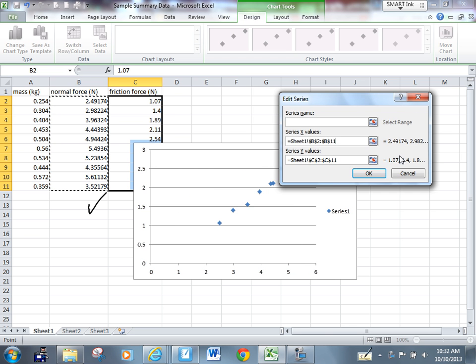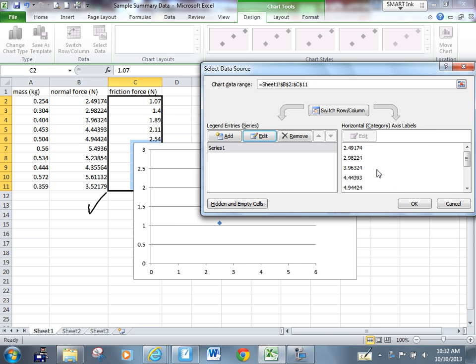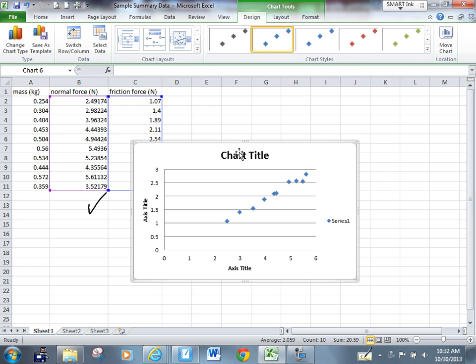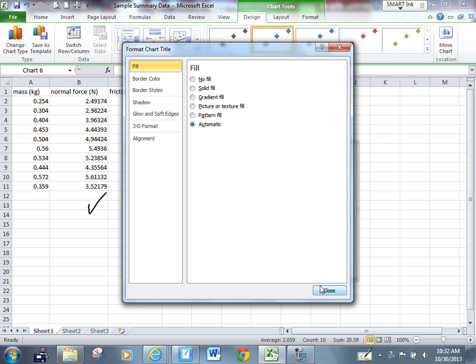All of a sudden, this data looks a lot straighter now, right? This line looks a lot straighter. Exactly the way it's supposed to look. Now I want to click on this chart layout right here, just so I get an opportunity to enter my chart title. We'll title it